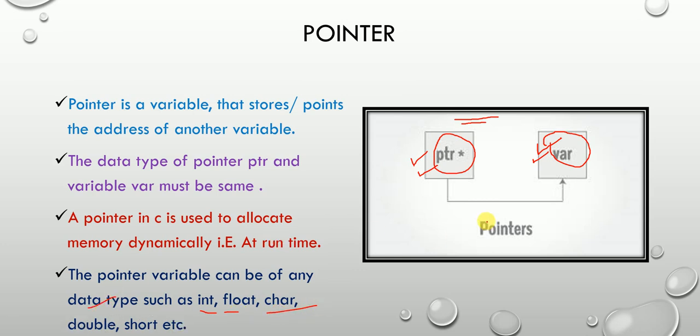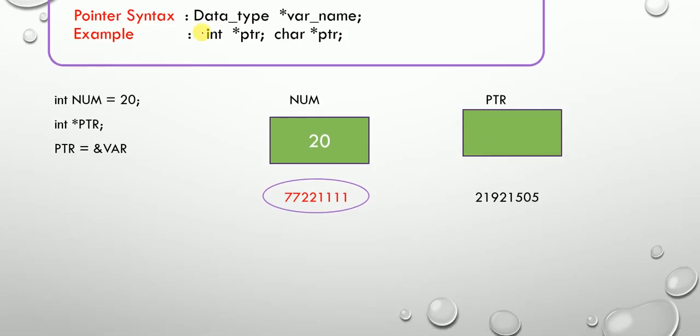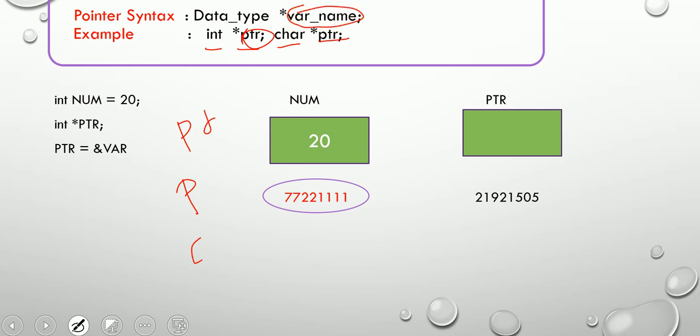Okay, and the pointer can be of integer, float, character, double. So this is the syntax of the pointer: data type, star, variable name. So what I have taken here is a pointer ptr. And what is the data type? The data type is integer. One more example, data type is character and variable name is ptr. So instead of ptr you can take any name, like pt, pointer, or p or c, as a variable name. Okay, here for better understanding I have used ptr almost everywhere, right?